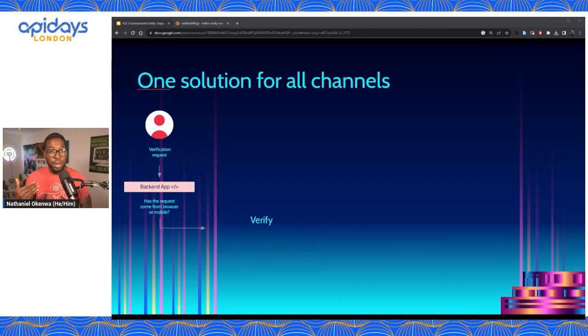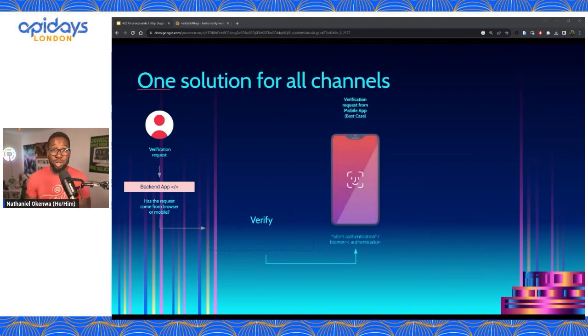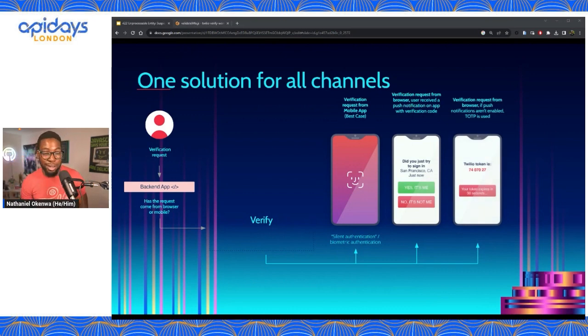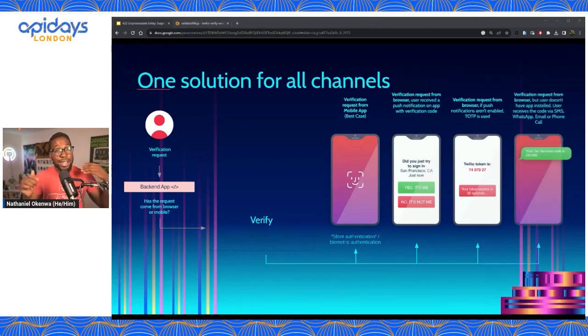And then you can decide, okay, based on these things, we're going to maybe prioritize first that we do biometric authentication or silent authentication from the mobile app. That's our base case scenario. Oh, the person doesn't have the app installed. Okay, we'll fall back. Do they have one of the authenticator apps that we've got set up? Yes, they do. We can just do a notification there. No, they don't. Okay, maybe they have a token with a timed one-time password. They don't. Okay, it is a low security event. We are going to fall back to SMS or maybe WhatsApp or even email or a phone call.